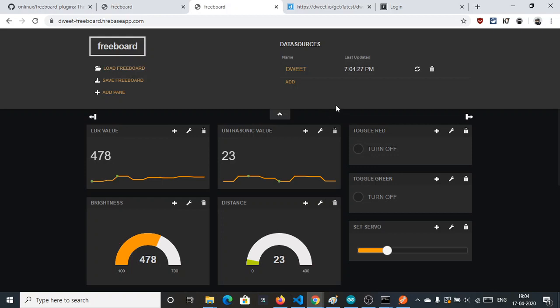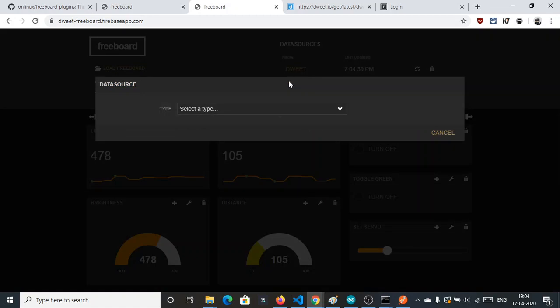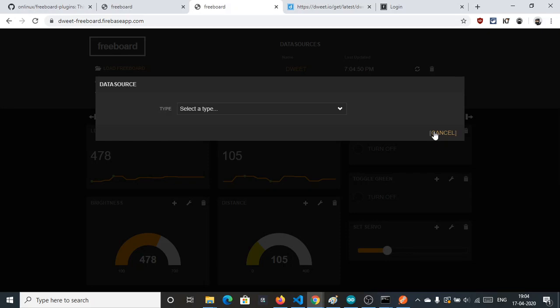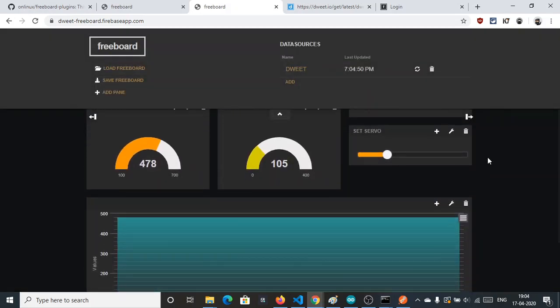That will be possible in MQTT if we use MQTT, but using MQTT as a data source is quite a tough job in Freeboard, because the API is not that successful there. As you can see here, there is no MQTT currently. The plugins are there, but they are not working fine.